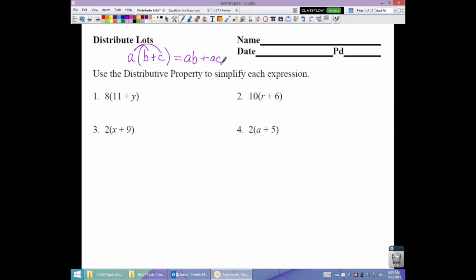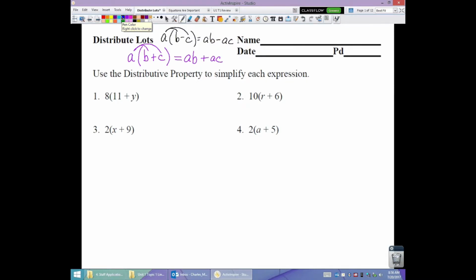Now, it's not actually a different rule. If there's a subtraction sign in the parentheses, I can write it that way also. A times B minus C. That's actually the same rule, just with a negative number for C. So this would simplify to A times B is AB, and then A times negative C is negative AC. So we're going to use that rule, or if you think of it as two rules, for all 48 of